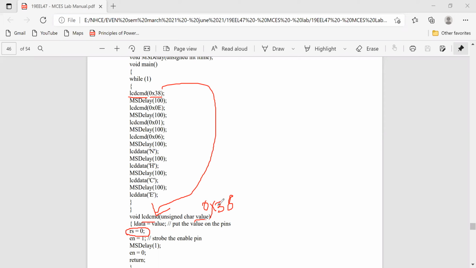That particular signal should be 0, so that you are sending a command. Enable, have a delay, disable. So during this period, the command is sent to the LCD. That's it. This command is sent, have a delay. This command is sent, have a delay. This command is sent, have a delay, like that.